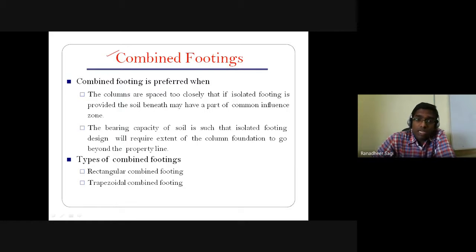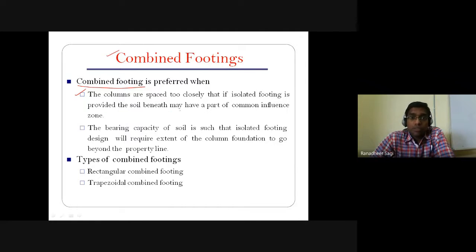So all that we need to understand first is when we prefer to go for what is called a combined footing. Combined footings are preferred when the columns are spaced too closely, that if an isolated footing is provided, the